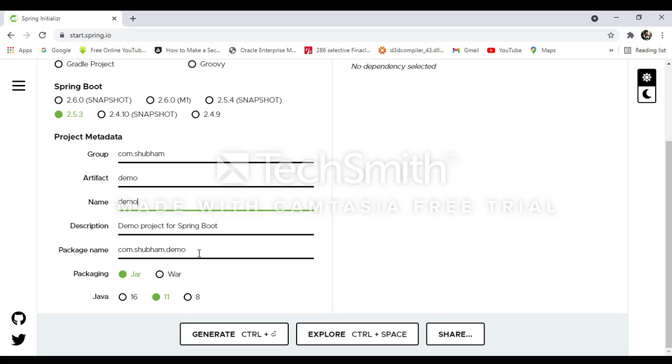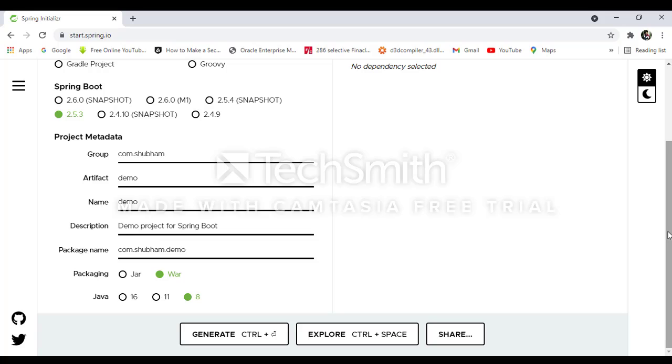We can choose the project packaging structure. Suppose we like a jar file, then we choose jar. Suppose we create a war file for deployment of this application in an application server, then we choose war file. We can also choose the Java version here, so we can choose 8, and we create, suppose, a packaging war file, right?